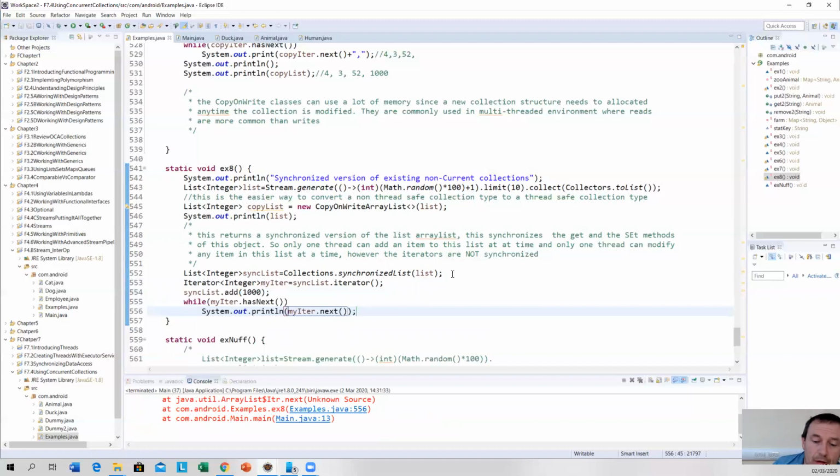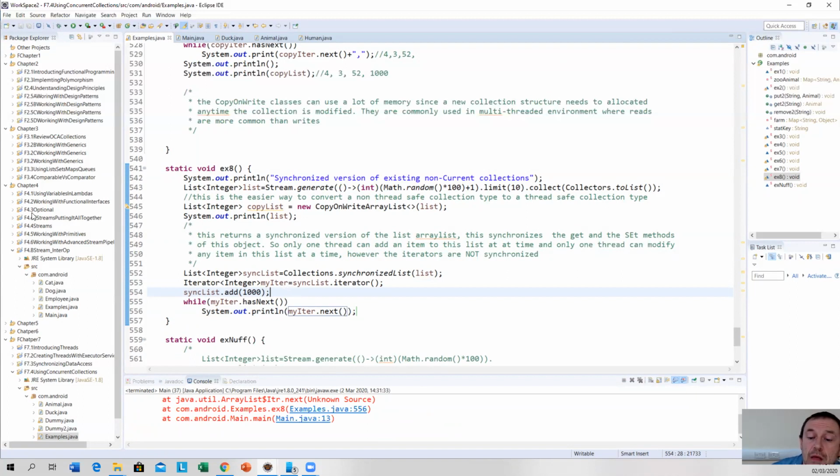Okay. This is not synchronized now, so I don't know why you would use these things at all. I don't know the reason why you'd use them,